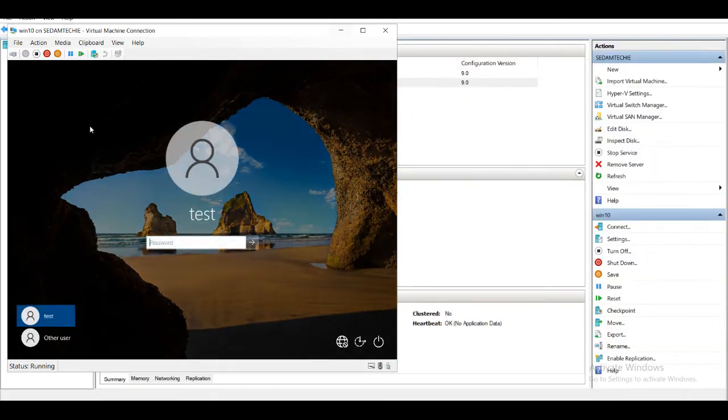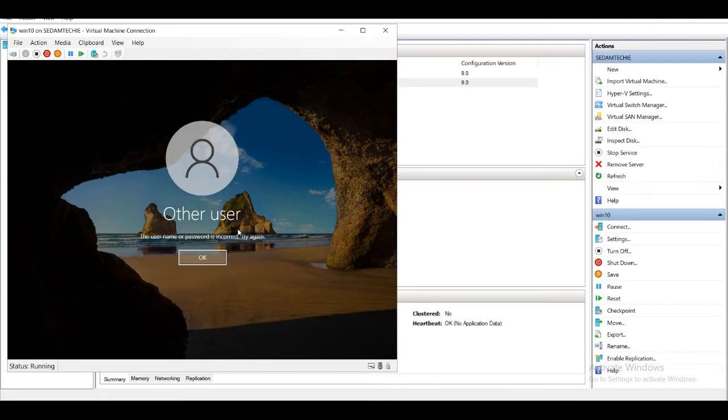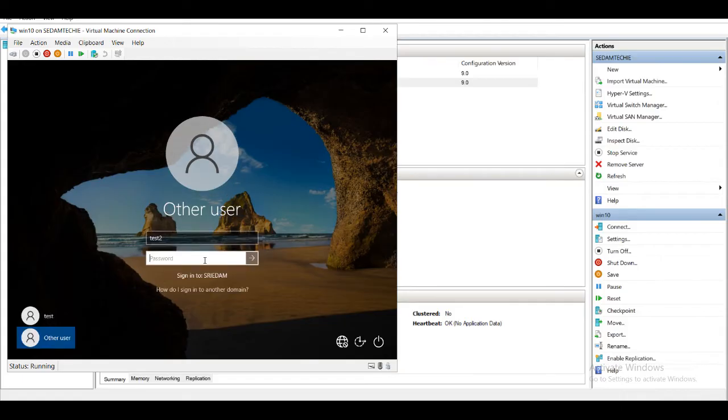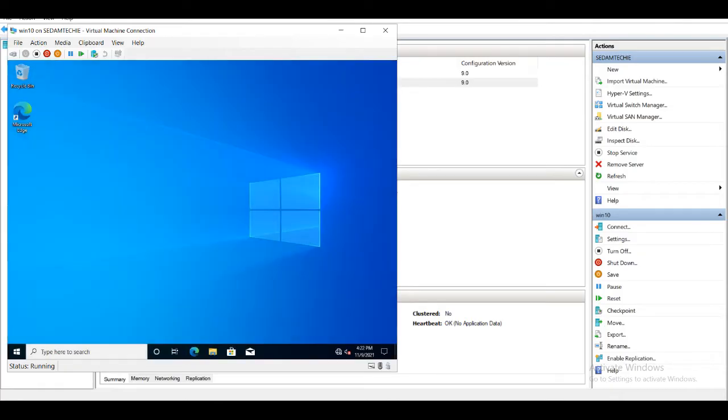So it is updated. So our user account is created.